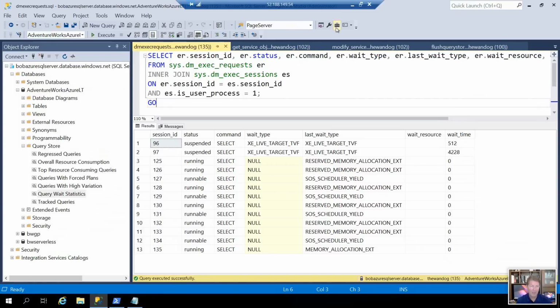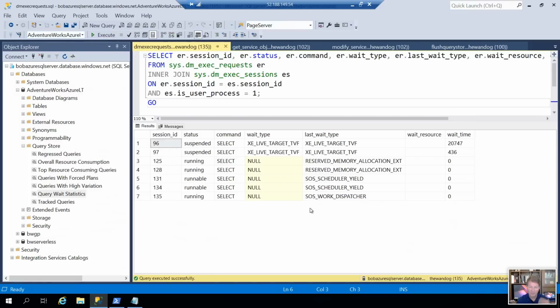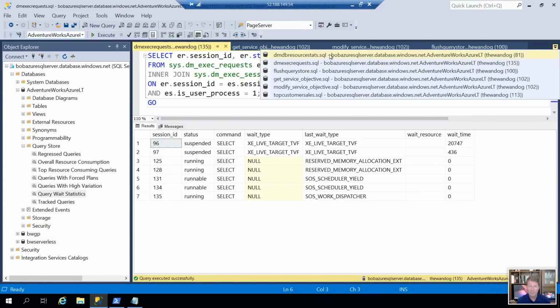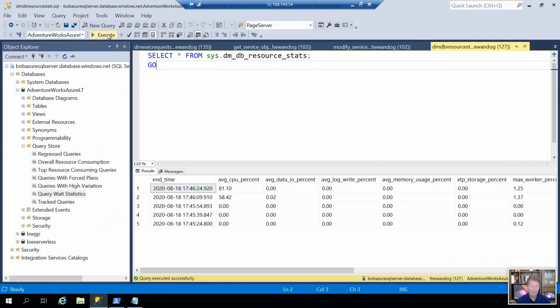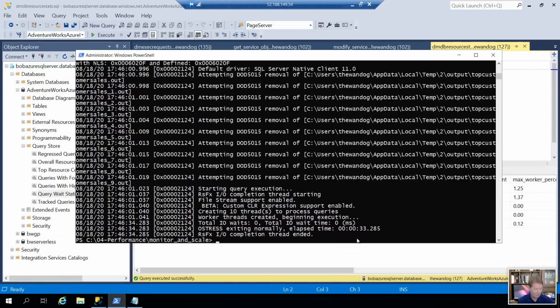So let's go back and run that again a little bit and see what it looks like. You can see it. In fact, it looks like it's almost finished. And if I go over to resource stats, what does that look like? This is interesting. Now it says 58 and 80, but that's an average across these 15 seconds. So clearly it took less CPU utilization to run the workload. And in fact, if I go over here, this finished in 33 seconds, a significant decrease in overall duration and increase in performance from the 2 minutes it took before.